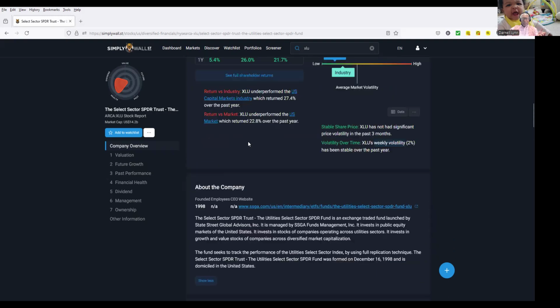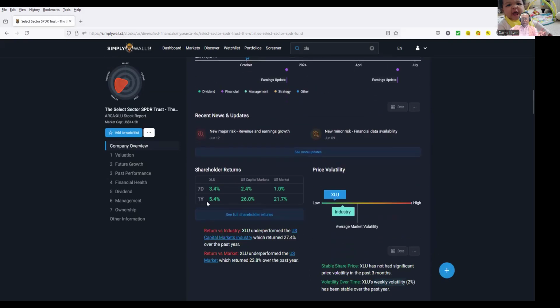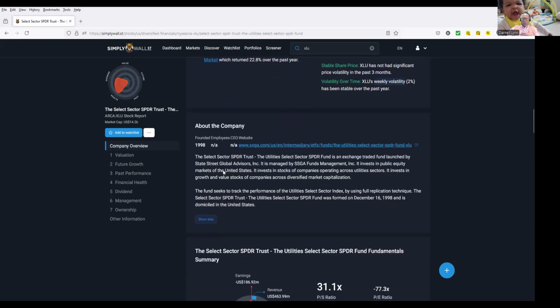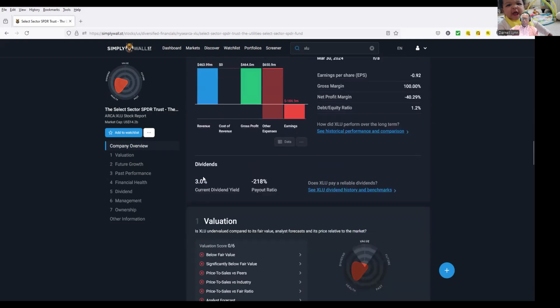So let's go back to what's going on here. You can see that these guys for the year have been up, but they don't do a lot. They're up about 5.4%. Last week is 3.4% for the last 7 days. So you can see I like this curve, how it's going up. I want you to understand that. I'm gonna go quickly because